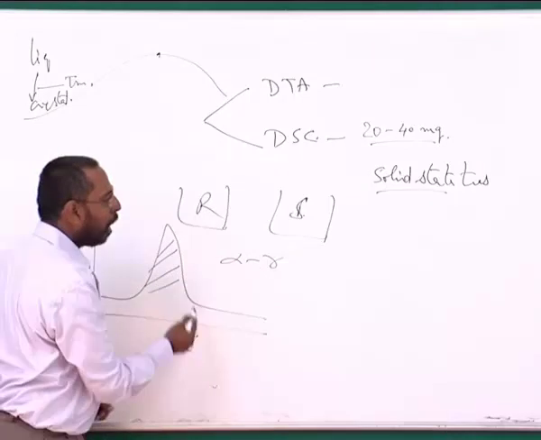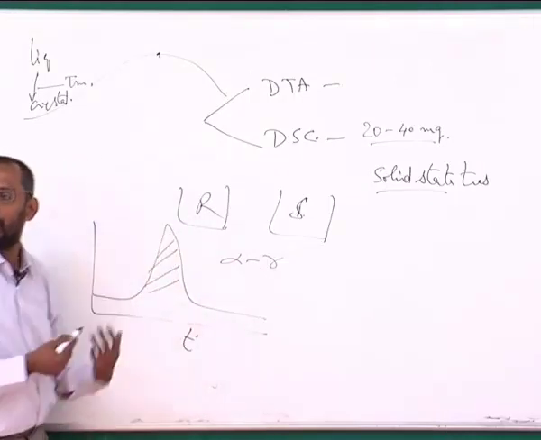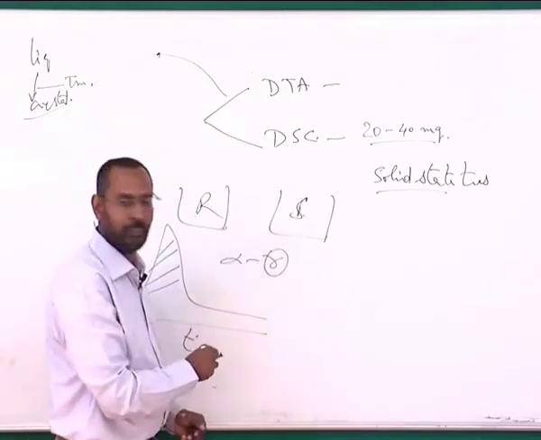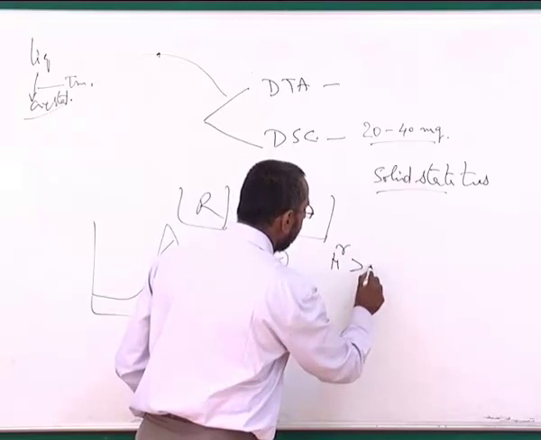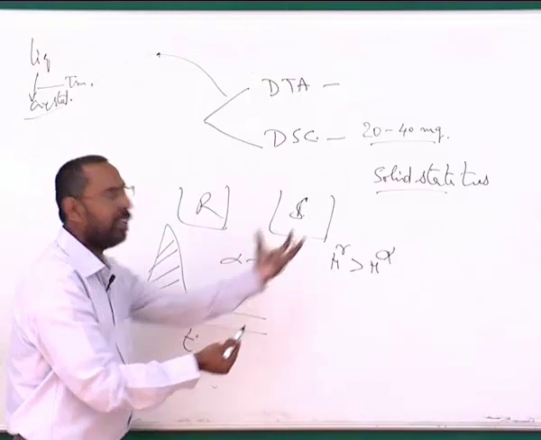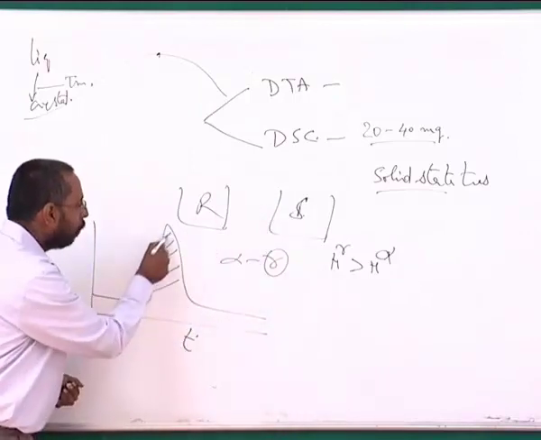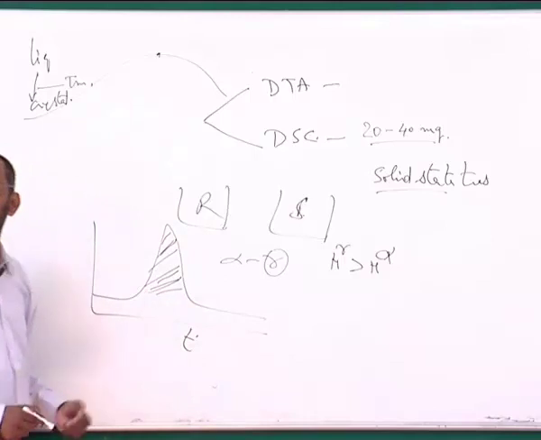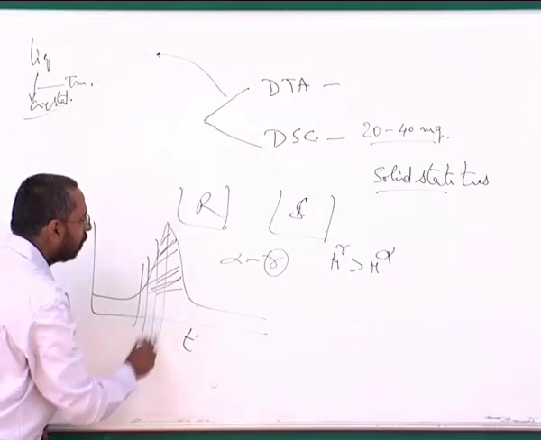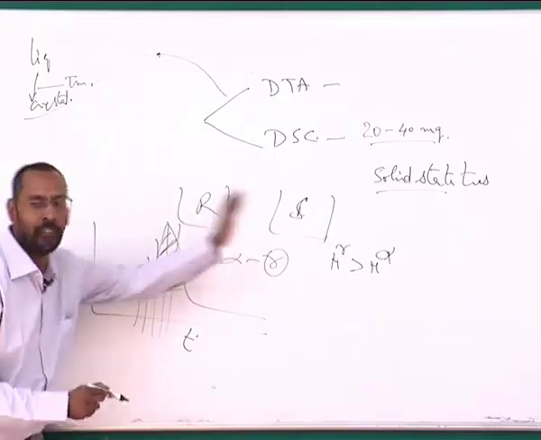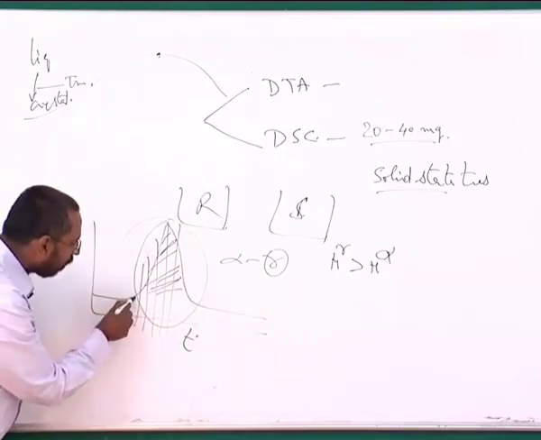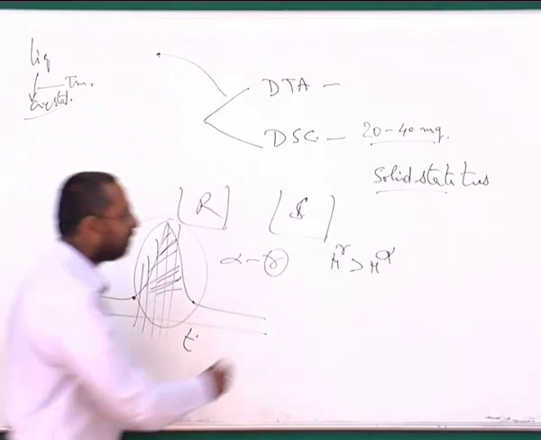And as alpha changes to gamma, there is an enthalpy that is released or absorbed depending on which is higher. Usually gamma being the high temperature phase, the enthalpy of gamma is higher than the enthalpy of alpha, and as a result, when alpha is becoming gamma, heat is absorbed. And I can look at this and from it find out what is called the fraction transformed, because at each of these times some amount of alpha is transforming into gamma. So from this plot, this is the start of transformation, this is the end of transformation.